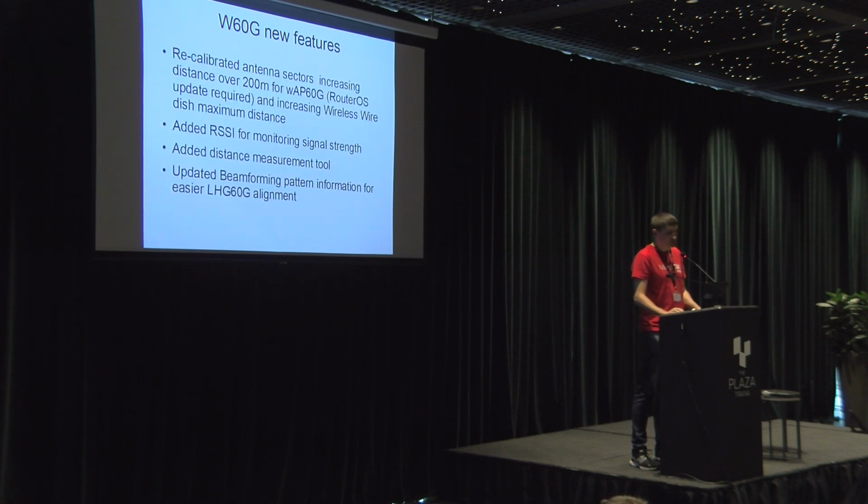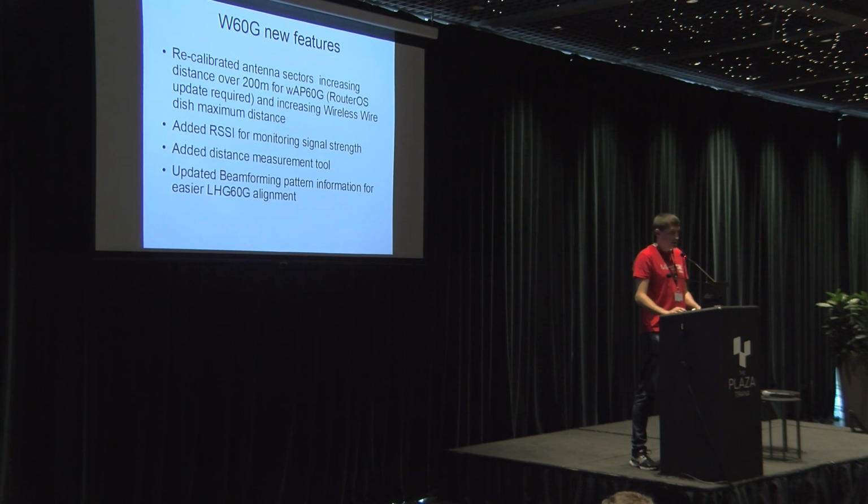WAP60G new features. There are calibrated antenna sectors, increasing the distance over 200 meters. For WAP60G, a RouterOS update is required, increasing the wireless wire dish's maximum distance. Currently, it can go up to 4 kilometers and more. We have added